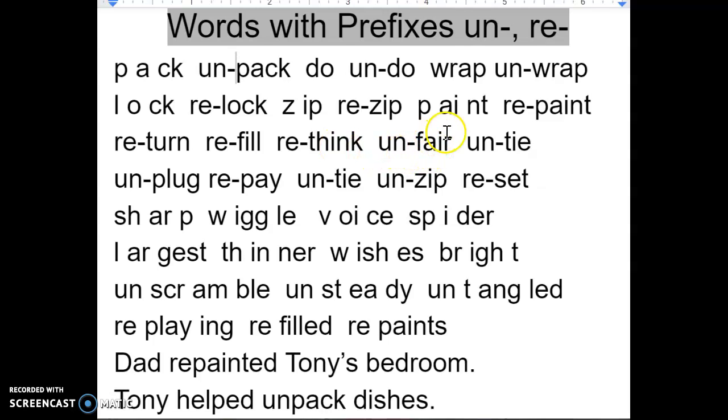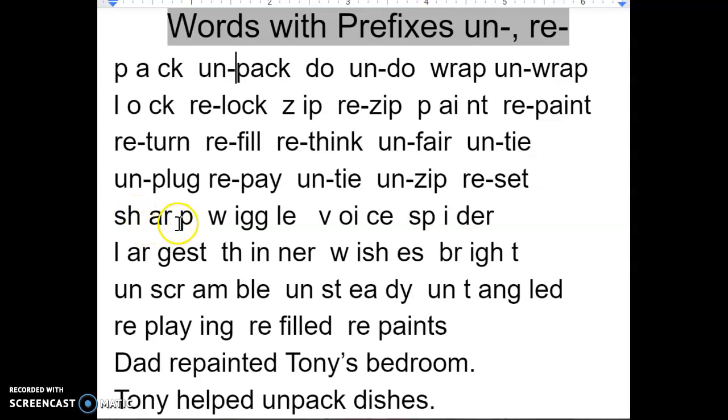unfair, not fair, unfair, untie, unplug, repay, untie, unzip, reset,